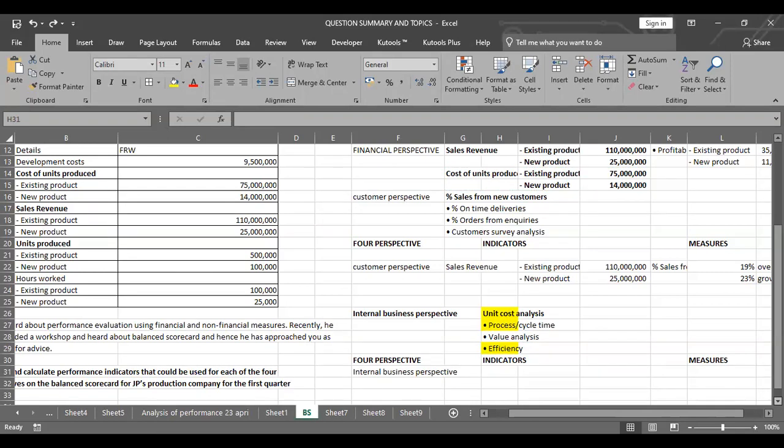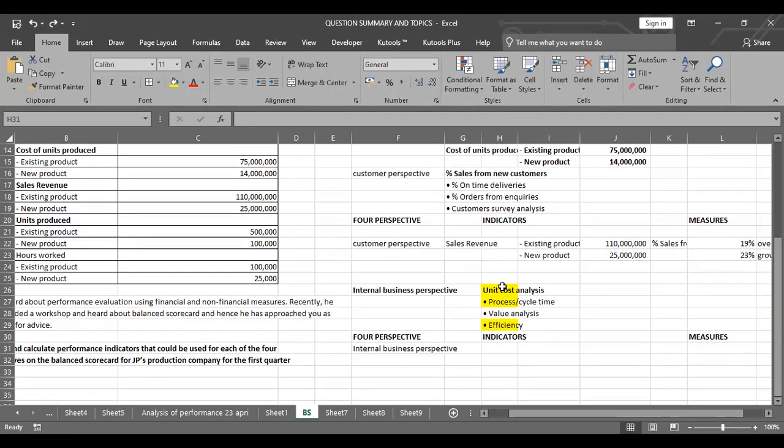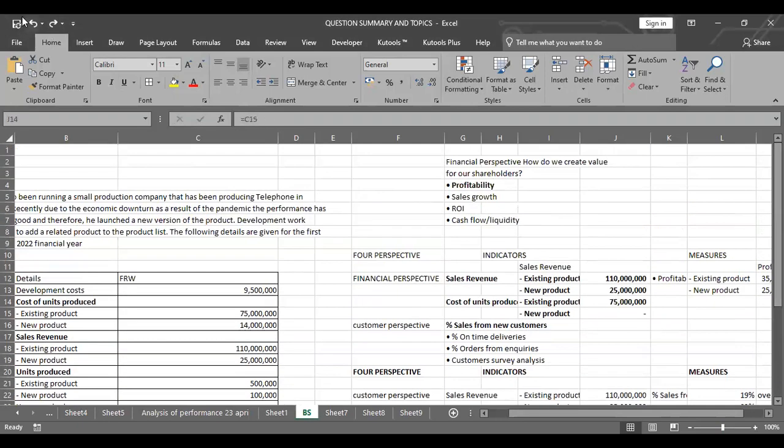We can use it, of course, because we want to do this part here, which is unit cost analysis. So basically, it means I'm supposed to get an average per unit, or what is the cost per unit, and then I apply that and see how it will work. So that's what I wanted to paste here, but I don't know what is happening to that Excel. Let me see. There is something happening to my Excel that I don't know why it is doing like that. Just a minute.